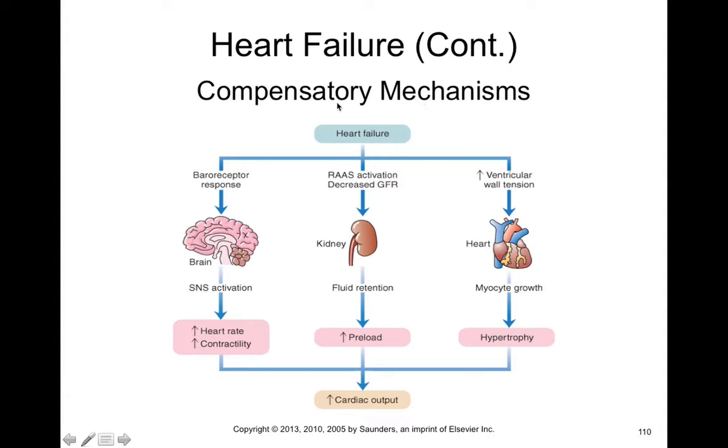So just keep in mind with heart failure, there's three main compensatory responses. It involves the nervous system, which is the most rapid, the kidneys, which would be the second most rapid, and then an increase in the size of the heart itself through hypertrophy or cardiomyocyte growth, which would take the longest. But it's a mixture of all three that can lead to an increase in cardiac output to help reverse the